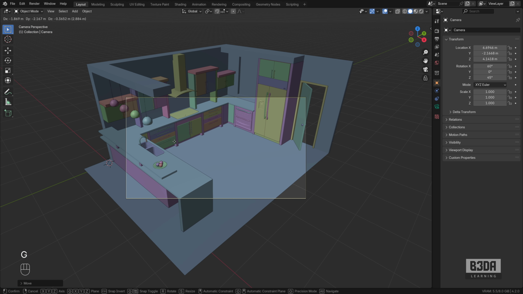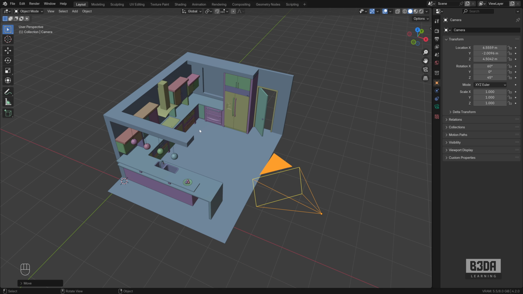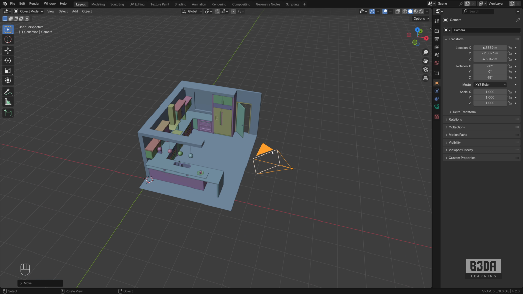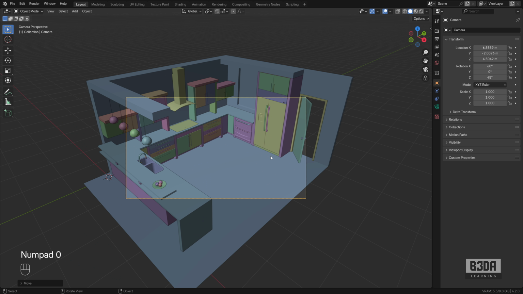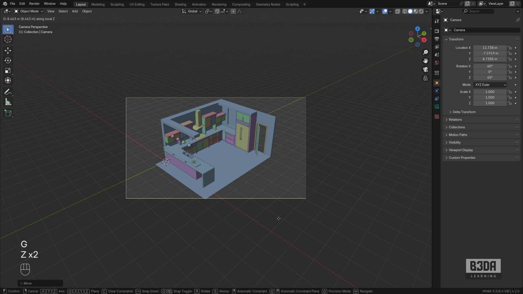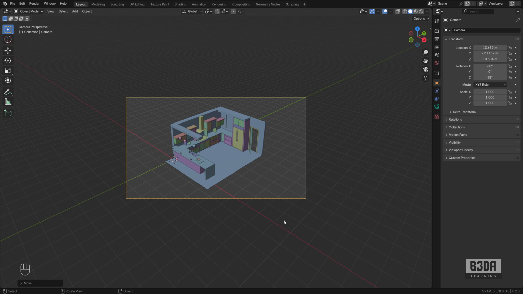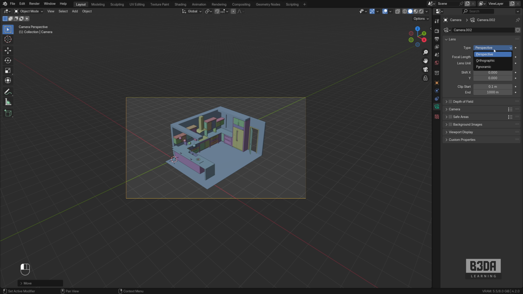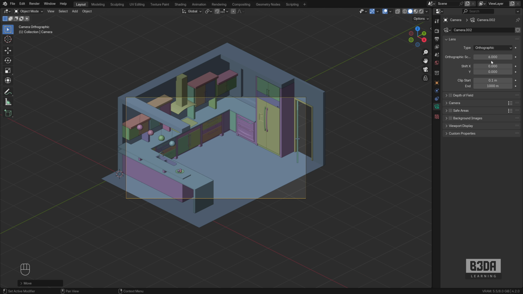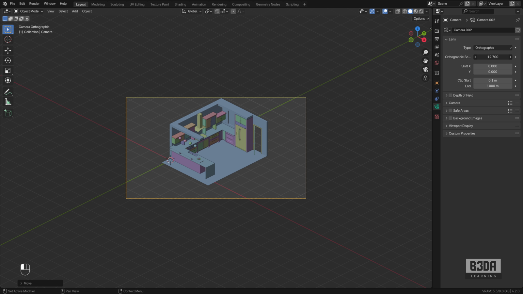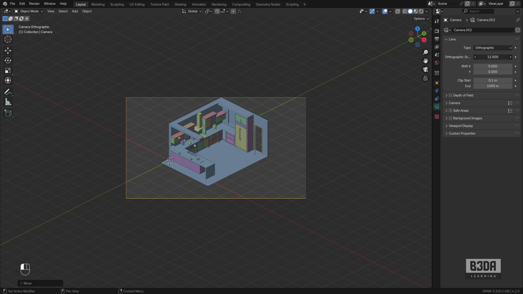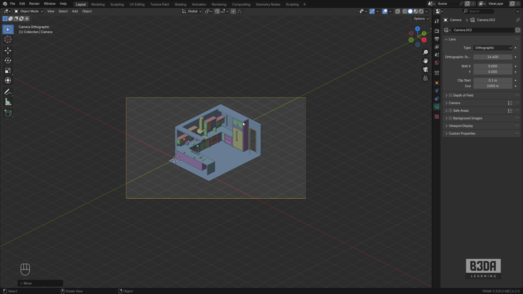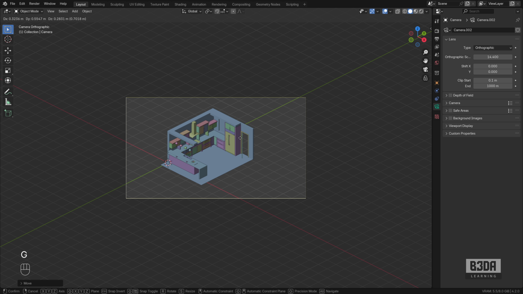Let me move my camera here in case you missed the keys that I pressed. With the camera selected, press the 0 from your numeric keyboard, G, Z twice to move it out, and change your camera type. With the camera selected, open your object data properties and change the type to orthographic, and fine-tune the distance here. Adjust the distance using the orthographic scale. This should give us an